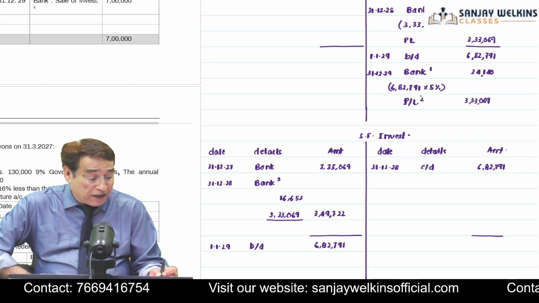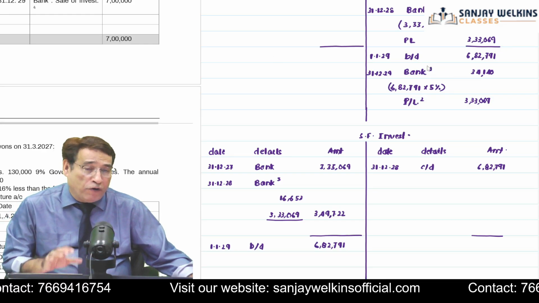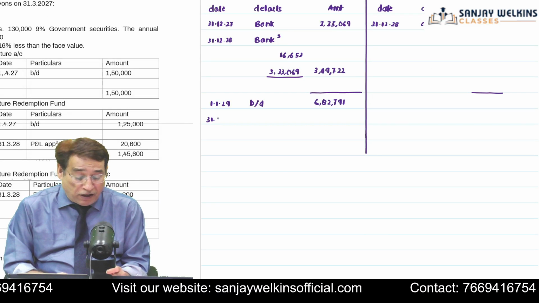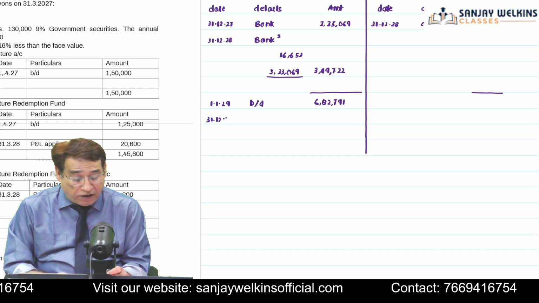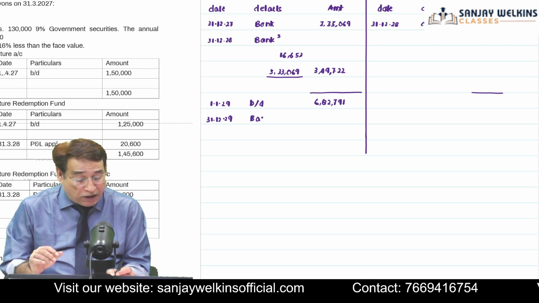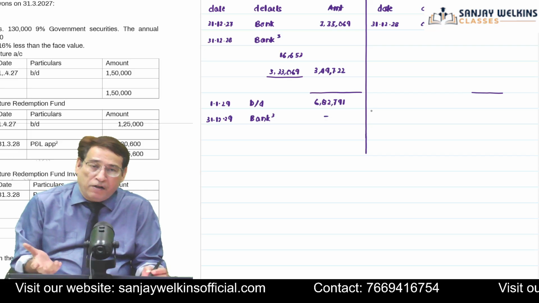This is my second. Now I'm not going to invest 34,140, interest received, amount appropriated, because now we are into the third year. In fact, we have reached the end of the third year. So at the end of the third year, we are not going to make any investment. We need not write it this way, but just for better understanding.